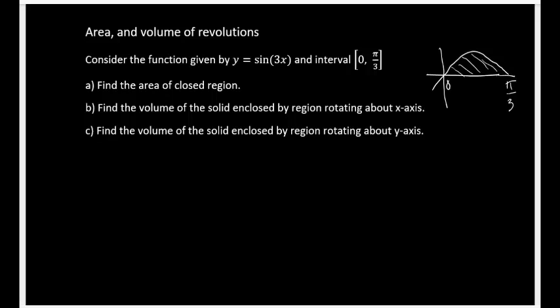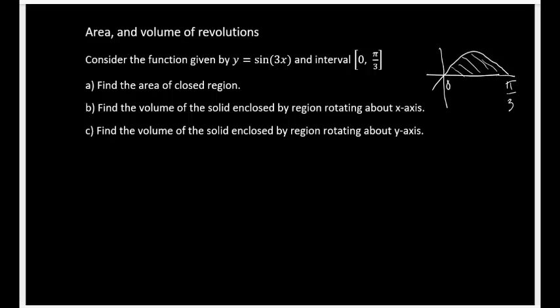Area and volume of revolutions. We are given a function y equals sine 3x and a closed interval 0 to pi by 3. So you can see the graph we have on the right hand side. It is a sine graph, goes through the origin. You can take help from a calculator and you can see that between 0 to pi by 3 I have